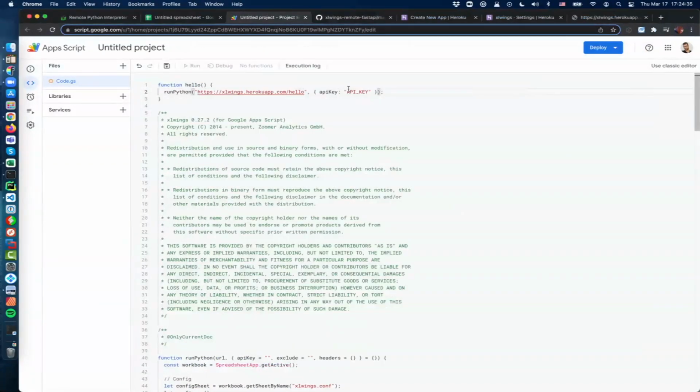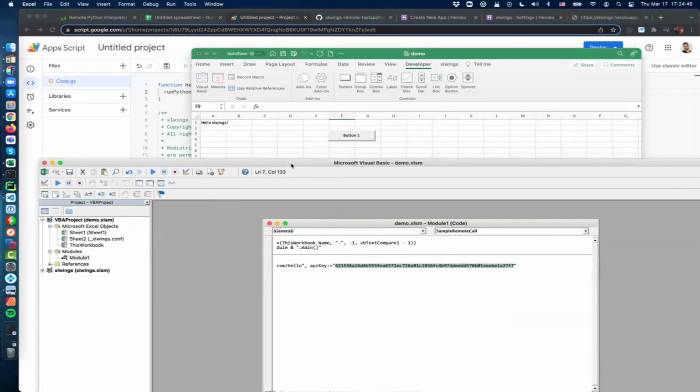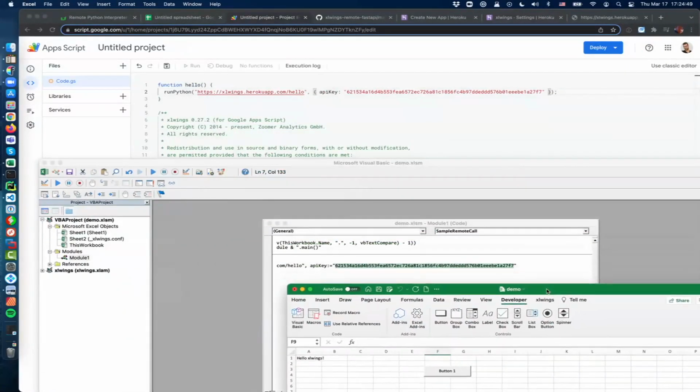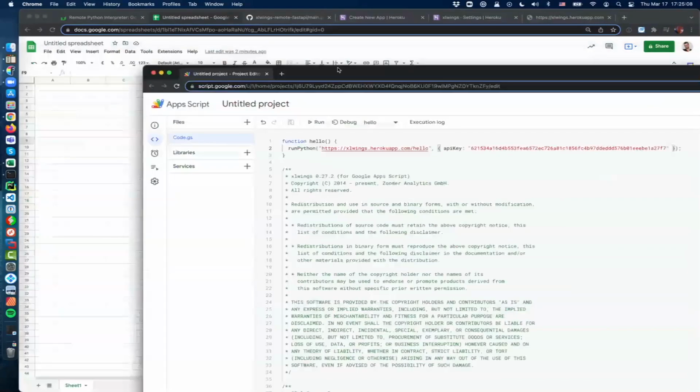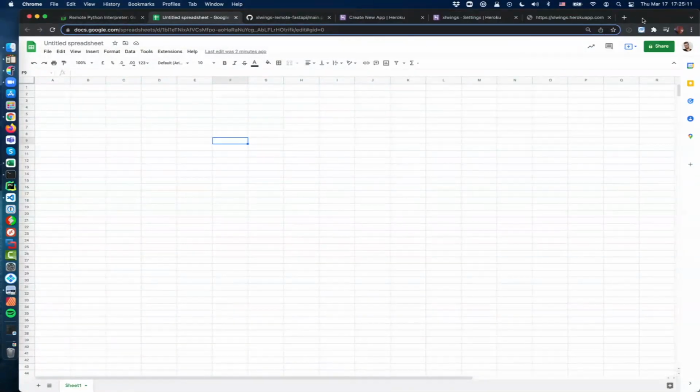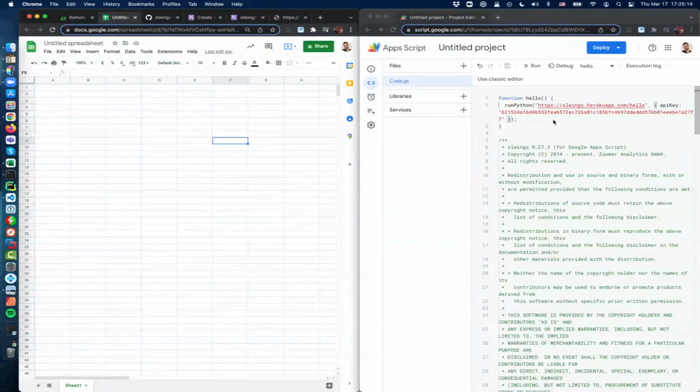On Google Sheets, you also have the option to use an OAuth token here that will allow you to identify the user on the xlwings web backend. But for the sake of this hello world sample, I'm just going to go ahead with the standard setup of the hello world function. So when I take this out now and split the screen into two,